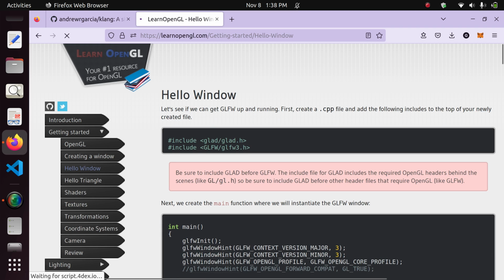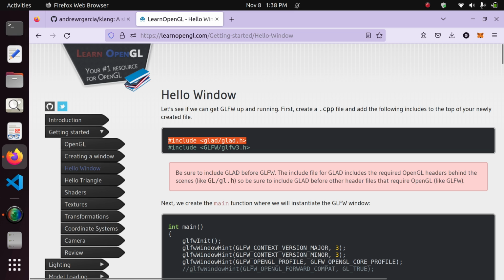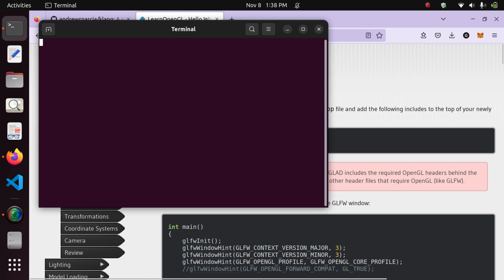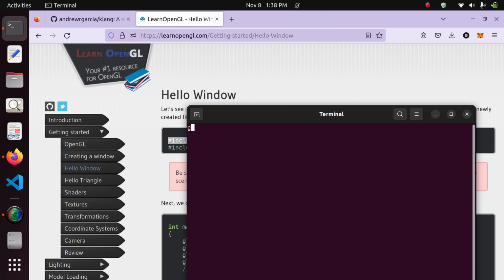Now you'll see that in the first two lines here, they include libraries which are needed to run the OpenGL program, GLAD and GLFW. These are libraries that you need to install and download yourself, and then of course include them in your include path for C++ files. So that's usually what you need to do, is just Google